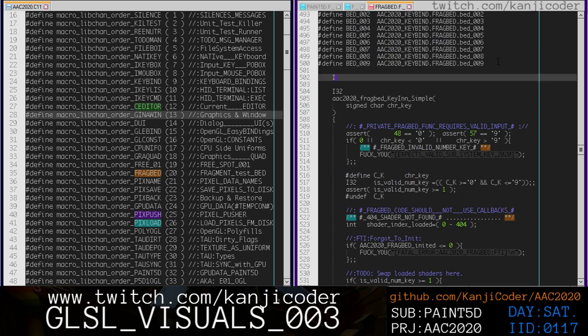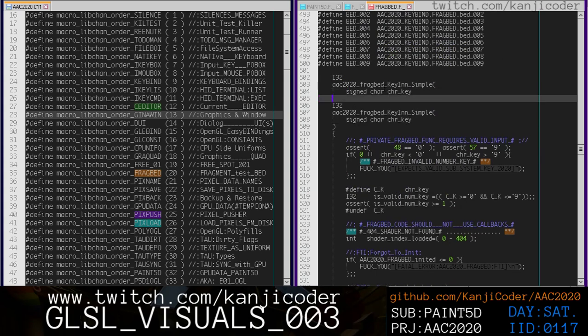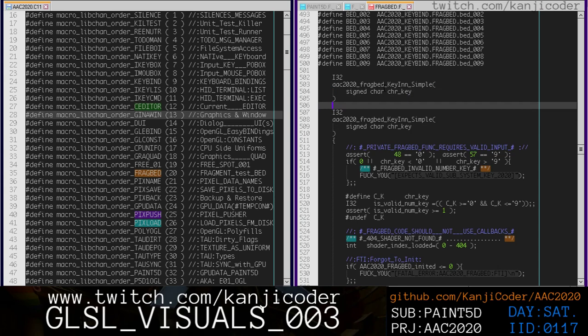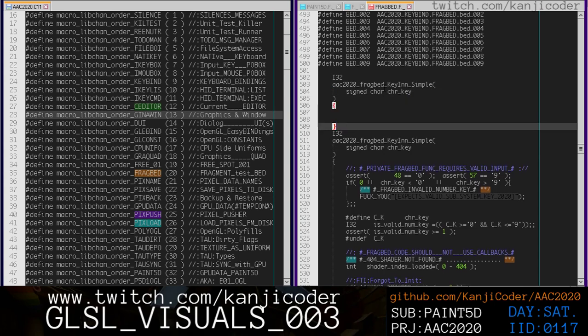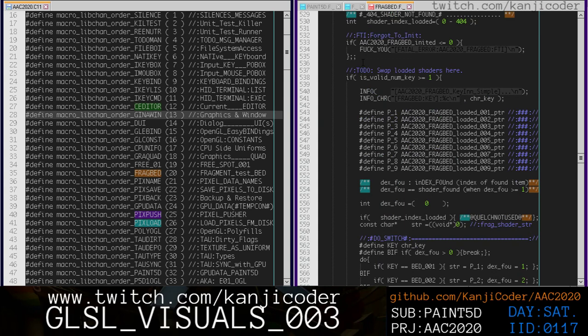We want something like this: I32 AAC 2020 fragbed key in simple, so we want this function here, and then the signed character, whatever character key. And then this function needs to call two components: key in simple and this nonsense here, valid number key,